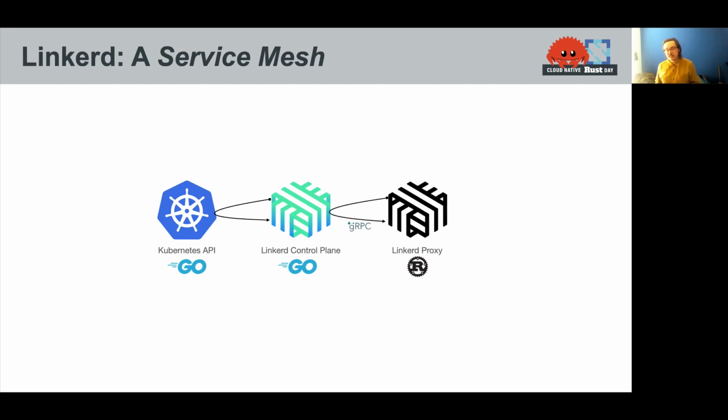We wanted Linkerd's control plane to feel like part of the Kubernetes ecosystem, so we chose Go for that. But when we went to write the sidecar proxy, we chose Rust. And that has been a great experience. But when we were starting, it was really rough around the edges. We had to bootstrap ourselves. We had to build lots of technology. We had to invest heavily in the Rust ecosystem to make this work.